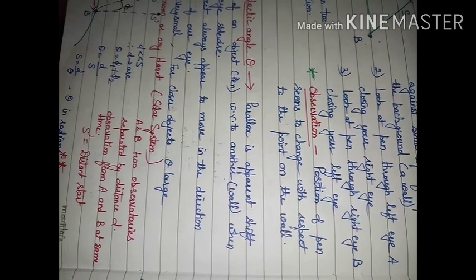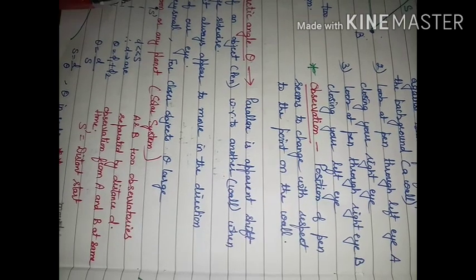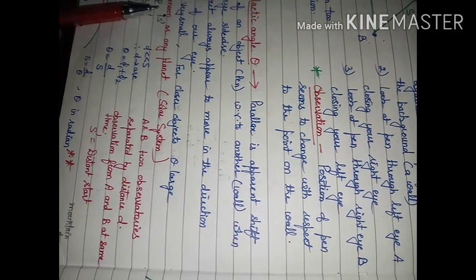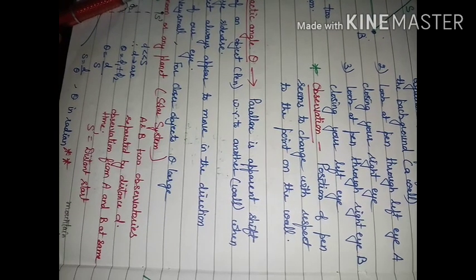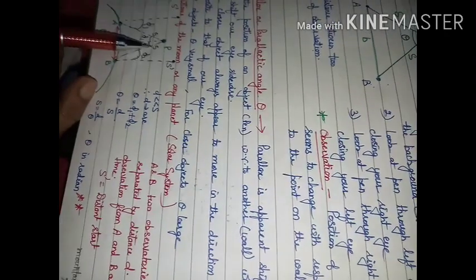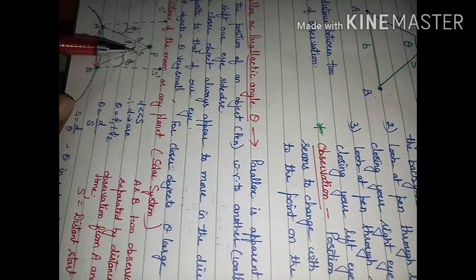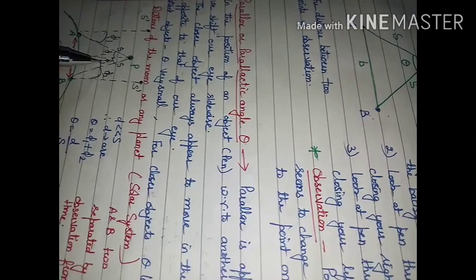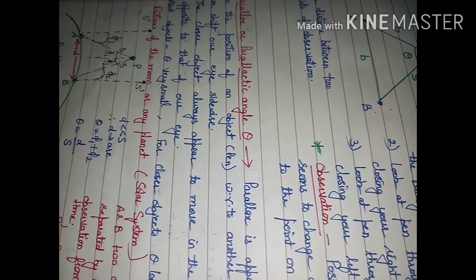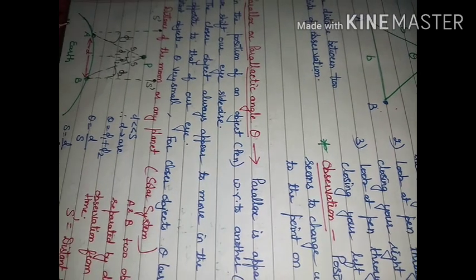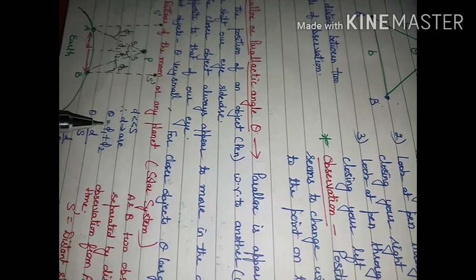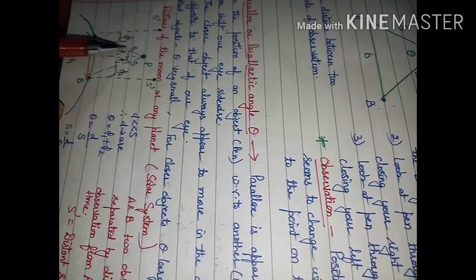So when from this observatory the same star is viewed, this will be the position, and for the planet, this will be the shift. So this will be phi 2. This angle will also become phi 2. So the total angle will become phi 1 plus phi 2. And if we consider our old formula, theta is equal to length of arc divided by radius, by using that we can find this value of S.